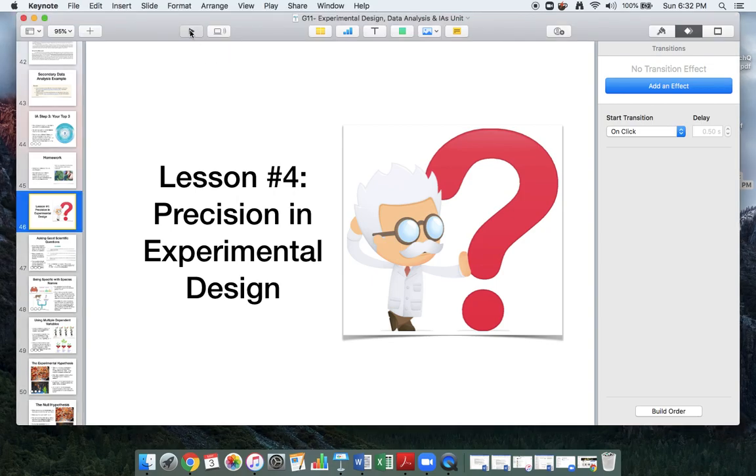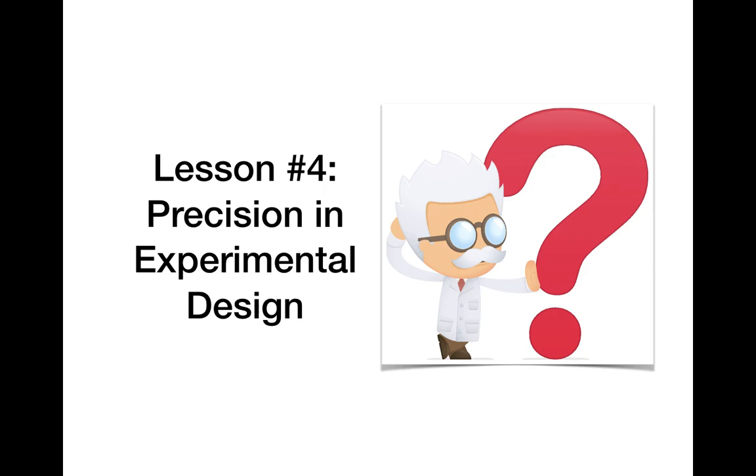Okay, 11th grade, here we are, lesson number 4 of our unit on experimental design, and we're going to be talking about precision in experimental design today. We're talking about how to really narrow down your topic, your idea, your question into a really, really solid research question and look at the different kinds of hypotheses, your null and experimental hypothesis as well. This is the last lesson before you choose your topic and kind of lock in your